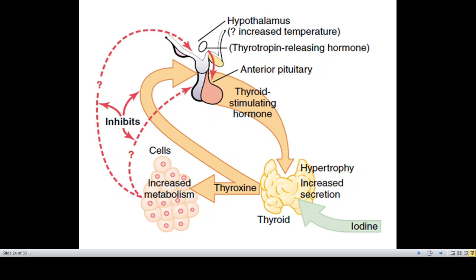This is a typical negative feedback mechanism operating in the regulation of the thyroid hormones,